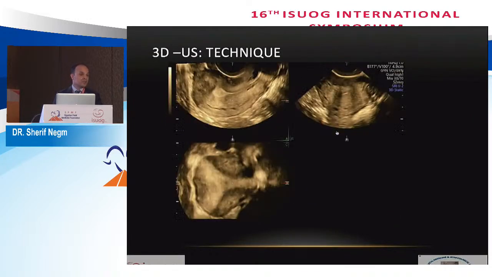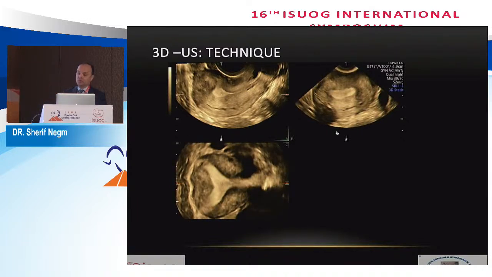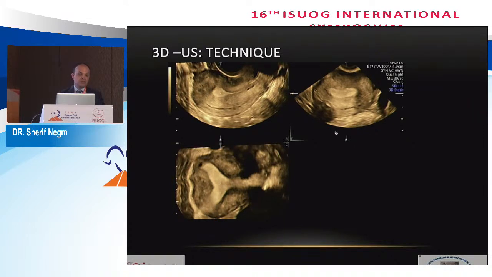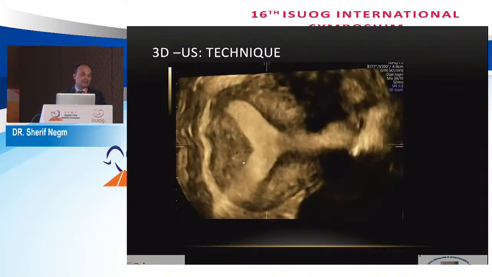you have a thick echogenic strip of endometrium in order to clearly demarcate the outline of the endometrium and differentiate between the endometrium and the myometrium. And then, of course, we acquire the 3D volume, and we do some manipulation with the volume until we get the coronal view, as you can see here in the C plane. I personally prefer to use the C plane in the rendered